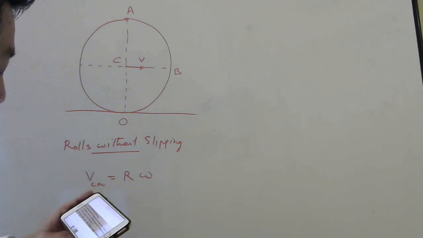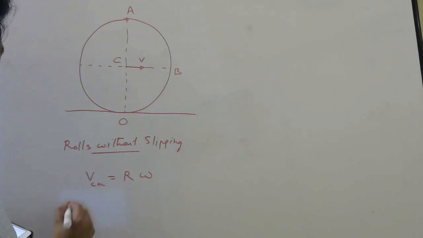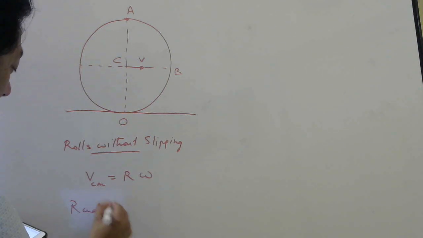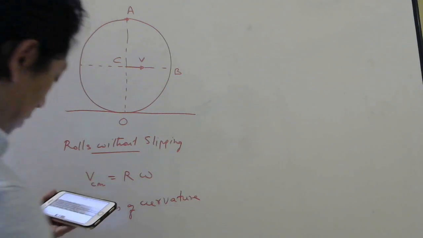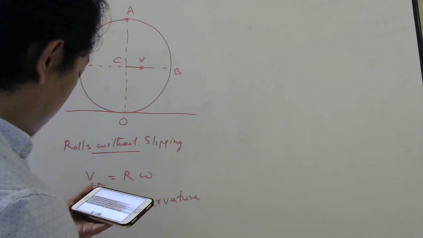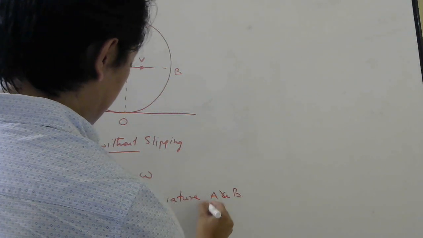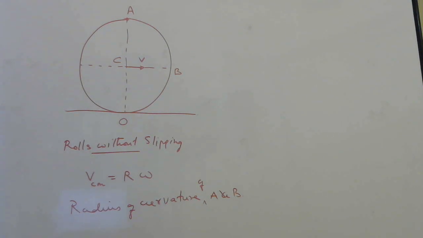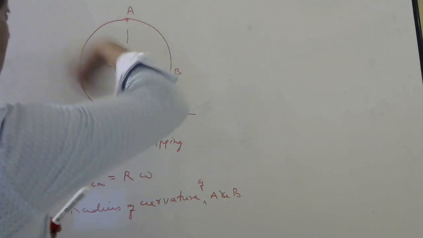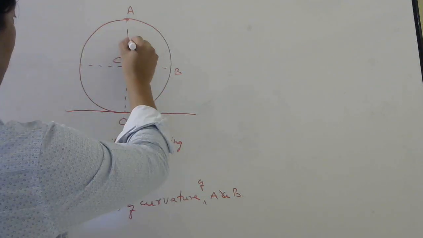They are asking you to find the curvature radii. Means they are asking you to calculate the radius of curvature of trajectories made by points A and B. So radius of curvature of points A and B. You may be thinking, why will A go in this circle, B go in this circle, and the radius will be R itself? This is R in the question.